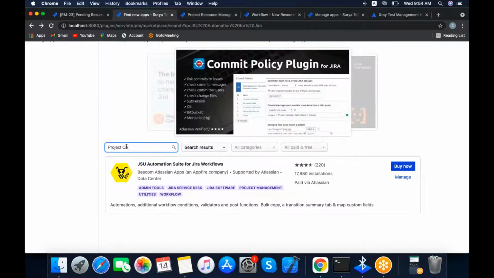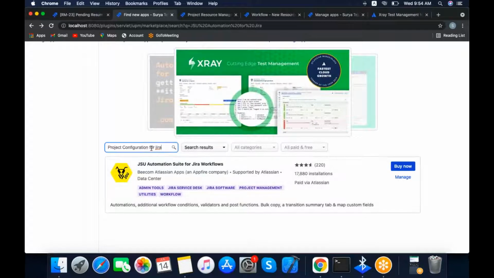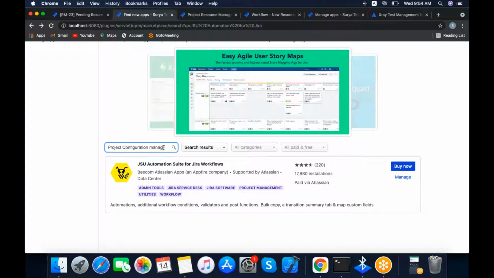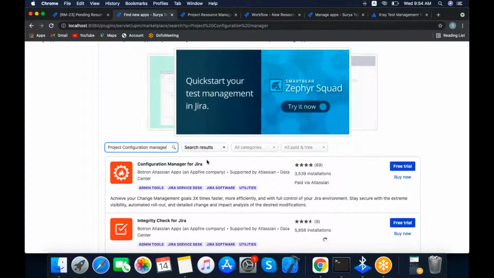Project. Yeah, we will install this plugin.